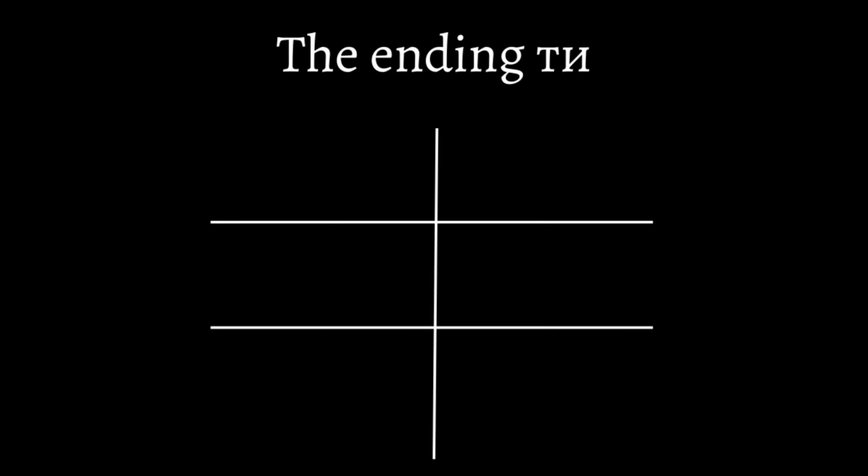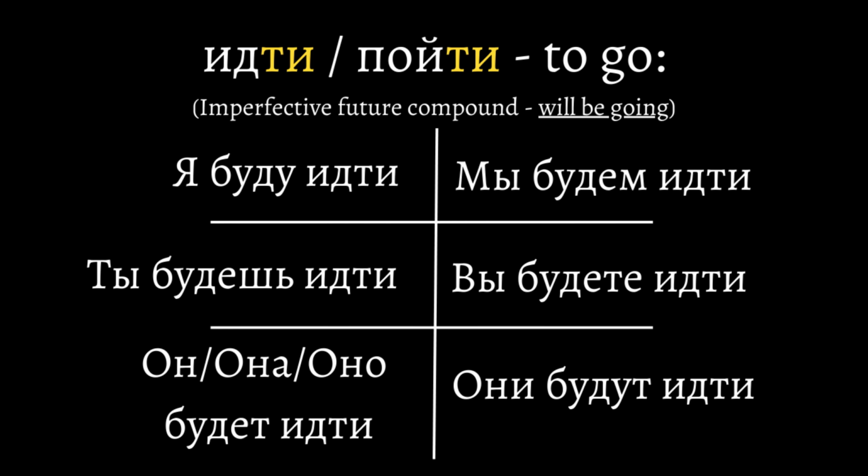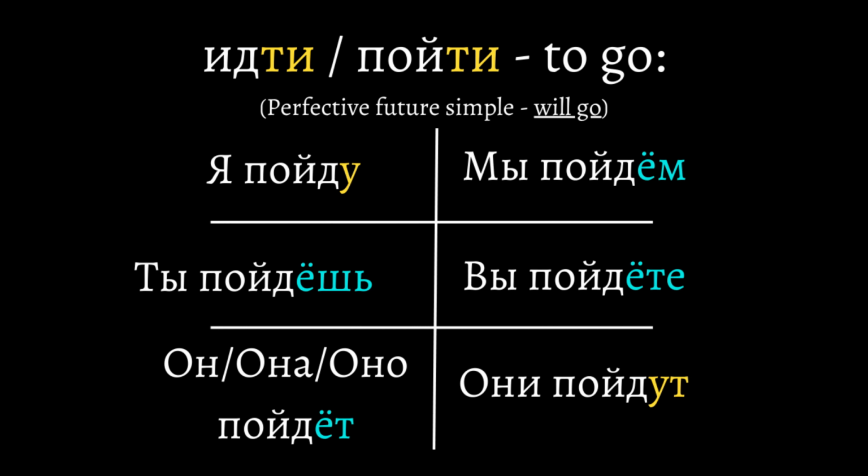There are not that many verbs that end in t, but most verbs are irregular and have spelling rules, like идти and пойти, meaning to go. Even though these verbs typically follow the first conjugation pattern from the present, they can have changes in spelling. In the imperfective future compound, we have я буду идти, I will be going, ты будешь идти, you will be going, and so on. In the perfective future simple, we have the same conjugations as in the present, but with